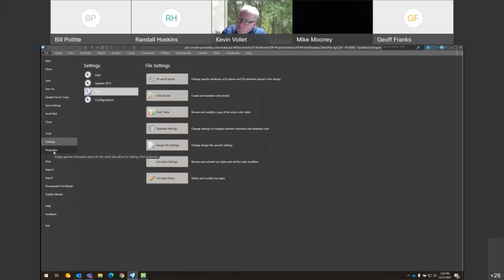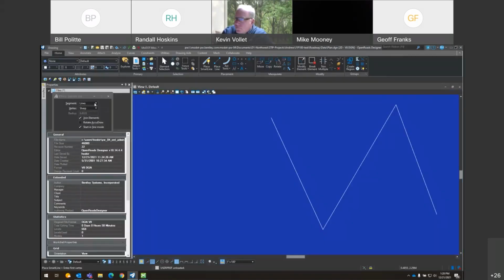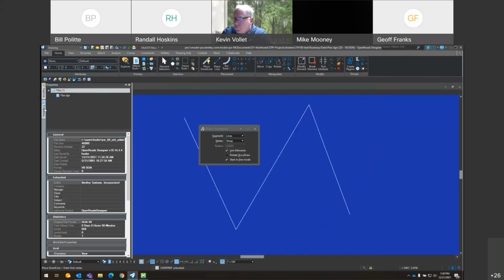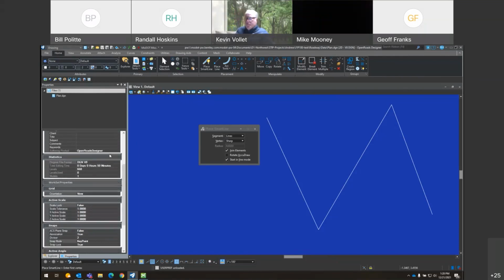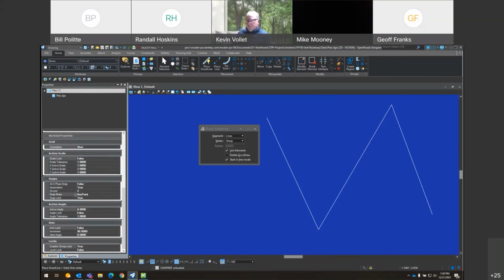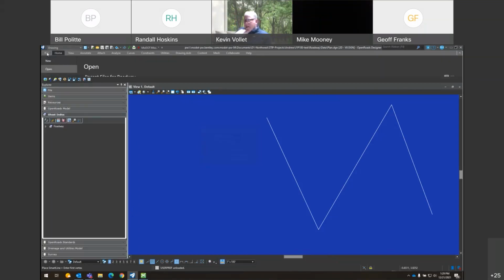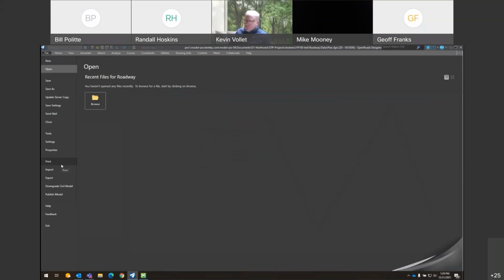I believe this properties button just opens the properties of your sheet. It was already pinned. So basically, it just tells you where your sheet is. I think you can go in here and change some of this stuff under here if you want, down towards the bottom. You have some snapping stuff in there. If you wanted to change it here, you can change it here as well. And then you have your print, and some of your other options under here we won't worry about. You do have some other options under here.